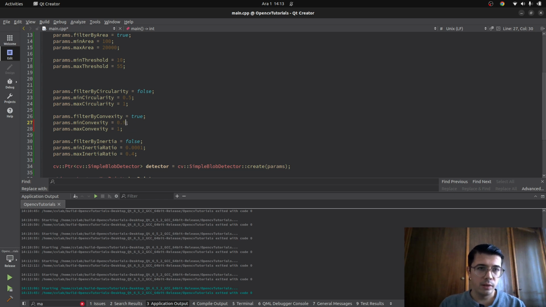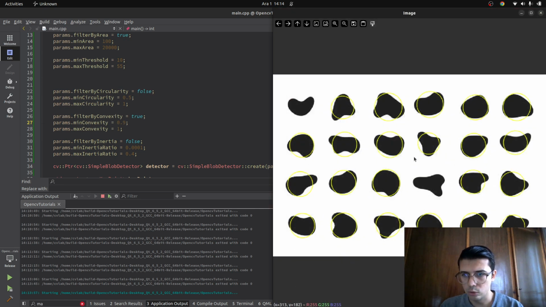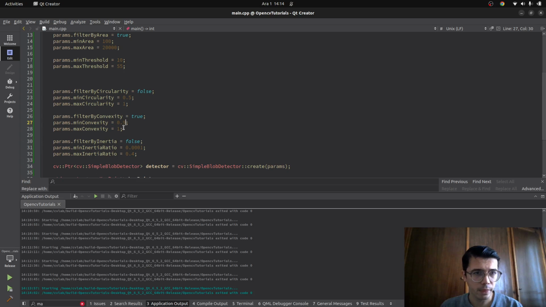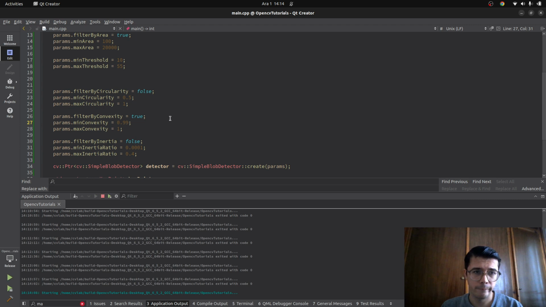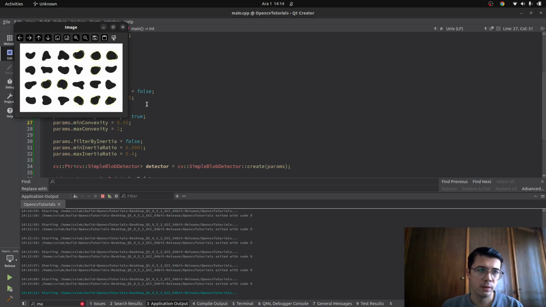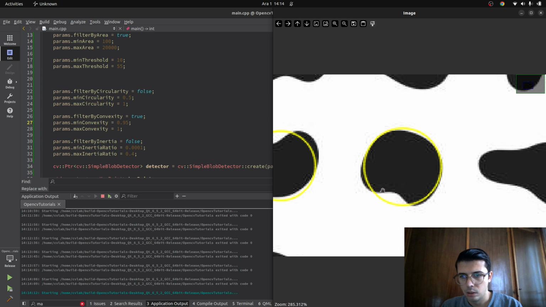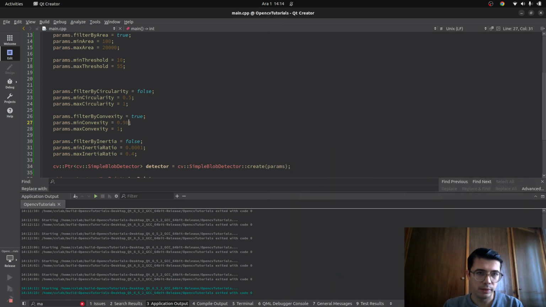And let's say 0.9, which is telling it to give me really convex shapes. Let's see if there is any. Okay, it's saying most of them are convex. And let's make it 0.99 maybe. Now nothing. Let's make it 0.95. Okay, now some are coming. You see, as I said, this is very good convex, I can say. This is also, but you see the clear ones, I think this also should be cancelled. Maybe if I make 0.98,